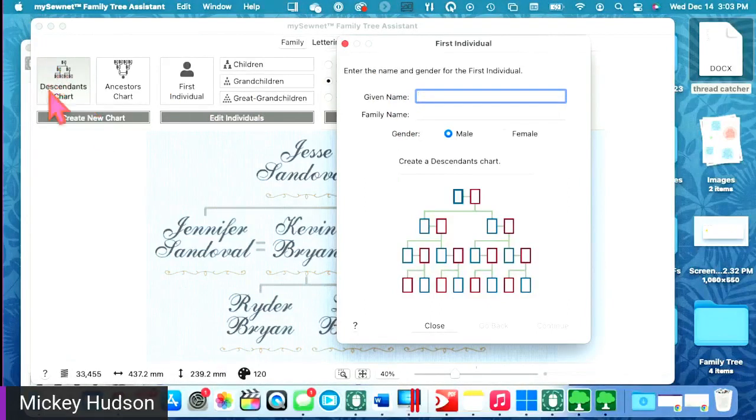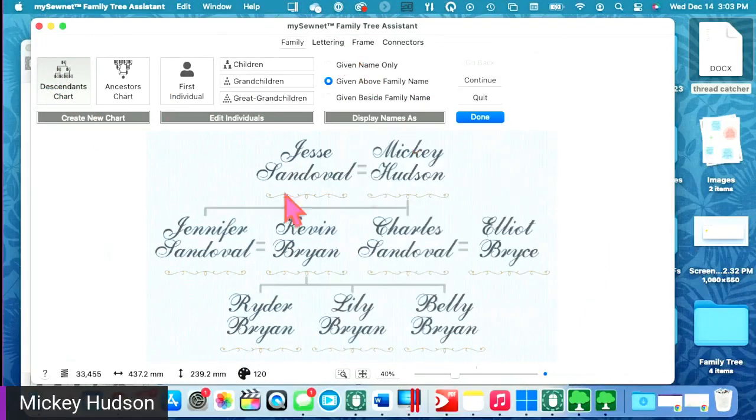So when you select, I'm going to close this again. When you come over here, the first article is to create a new chart. You can create a descendants chart that'll start with grandparents, parents, grandchildren, etc. Or you can do an ancestor chart. So if you have somebody famous in your ancestry, or somebody not famous, you can start with the famous